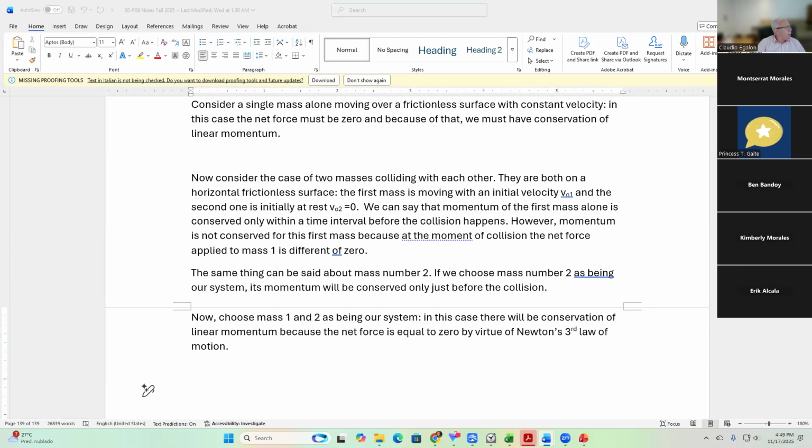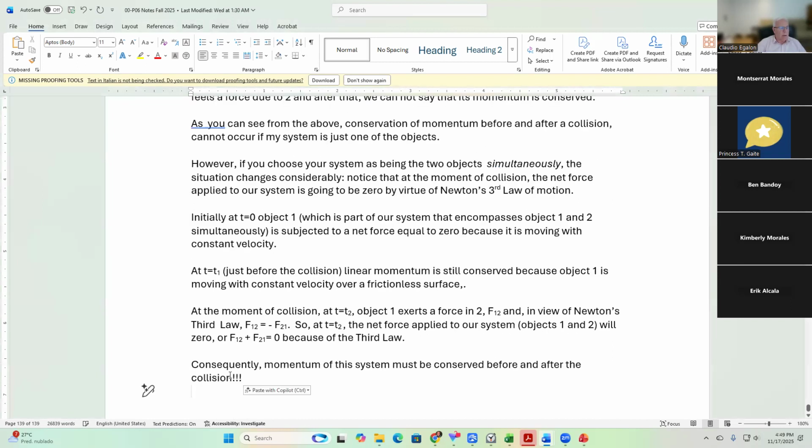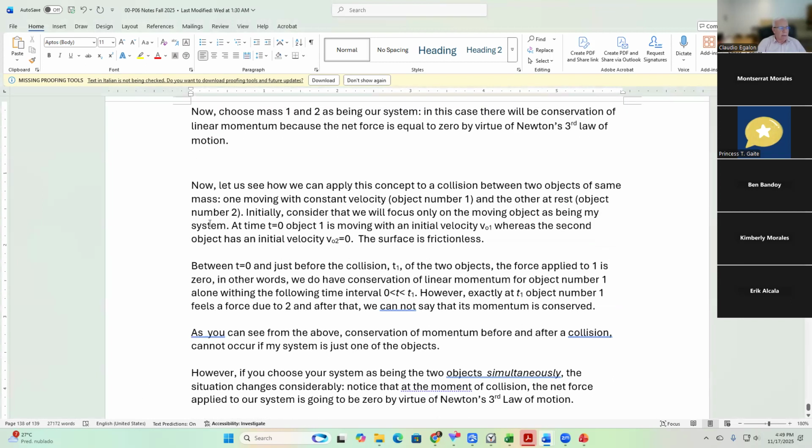I'm going to copy and paste something else that I wrote before, that explains in more detail what I have just written there. Here you go. It shows in a detailed fashion object number 1 moving and the other one at rest, right? So we are considering object number 1 as our system,